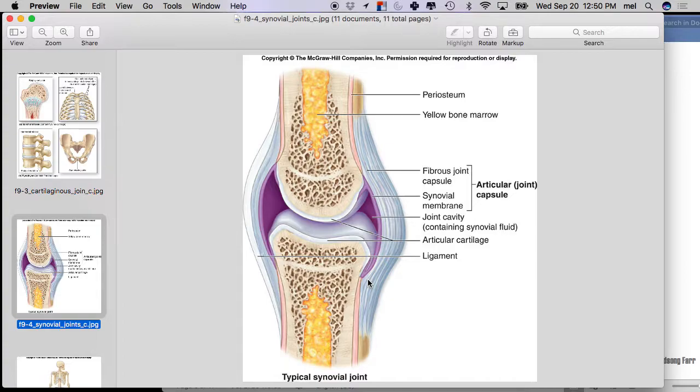If you are a knee, you get two extra pieces in there, because as we developed bipedalism, we put a lot of stress on our knees. What happened is we developed two extra pads of fibrocartilage in addition to what we're seeing here. We have one here and one here. They are called the lateral and medial menisci. Plural is menisci, singular is meniscus, okay? And what they are is two fibrocartilage pads, lateral one, medial one, right? Have you ever known anybody who tore a meniscus, right? Lateral or medial meniscus. So it is in addition to the other synovial stuff. That make sense? Okay, so we're gonna stop there.